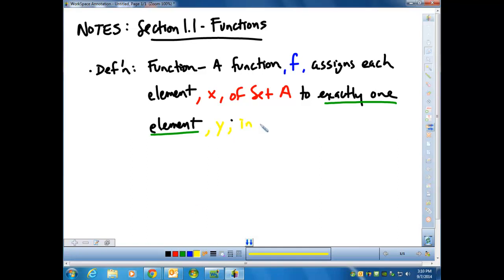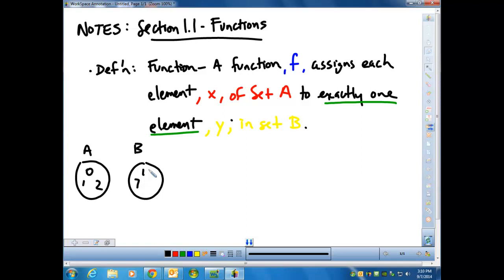And what I mean by that is, let's say I've got a couple x values that I want to plug into a particular function, or into a particular equation, I guess I'd say. That's my set A. Those are the values I want to plug in. Well, when I plug those in, I'm going to get an answer as a result of plugging them into the function. Now, if it's a function, then I'm going to get exactly one answer for every value that I plug into it. So you'll see that if I plug in 2, I'm going to get the answer 15